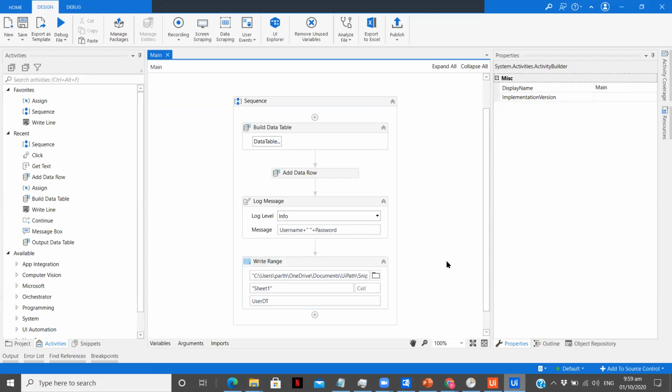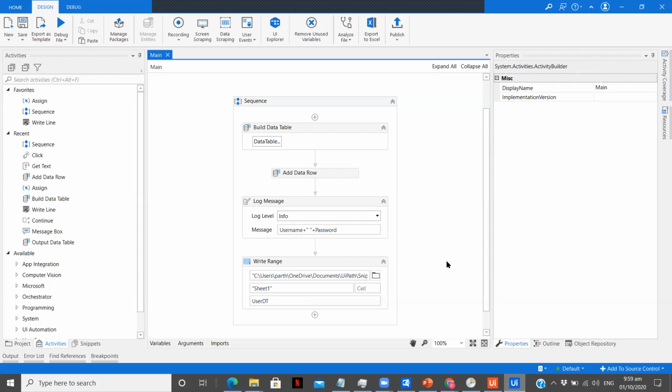So now once you have built this workflow, whatever fields you have in apps and you want in your Excel file or for further processing, you need to create an argument that should be of in and out direction. Now once that is done, your workflow is ready. Now the part is, what we have with us, we have our app, we have our workflow.